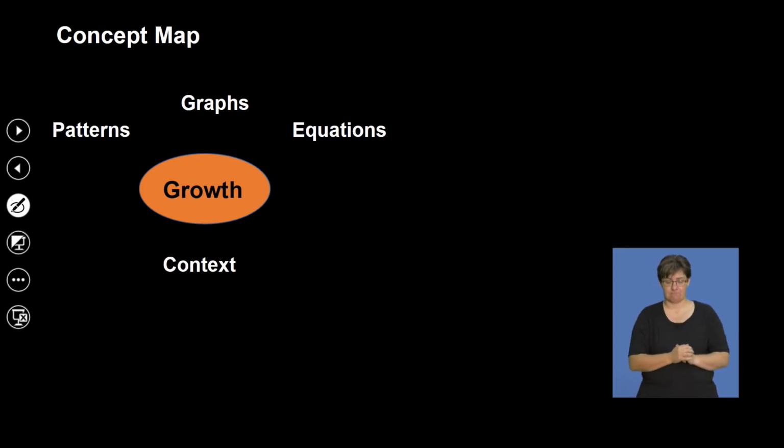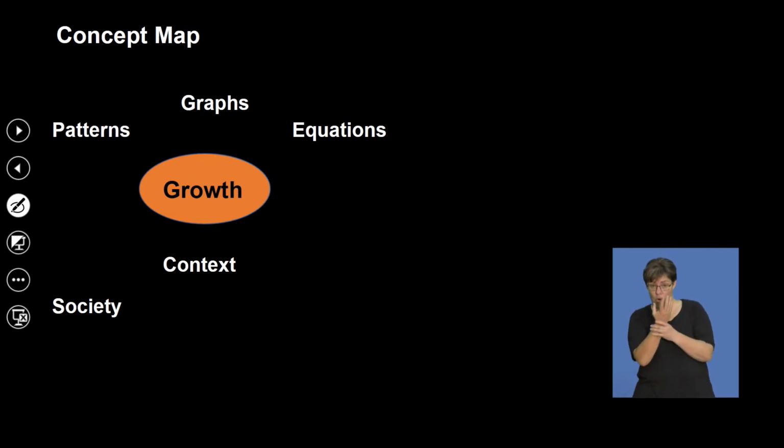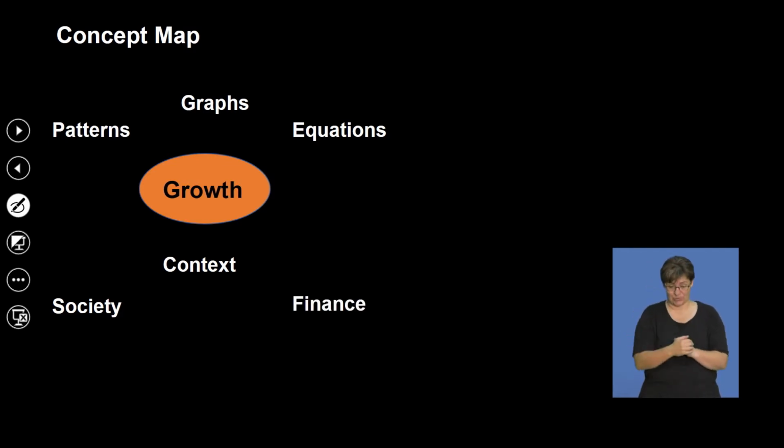Now, the context, remember, it was very important for us to look at growth in terms of context. First, we looked at the society, we looked at the things that are happening in our country, all over the world, the coronavirus, all of those things, like everything that had to do with society and how growth is taking place in that regard. That was the first context. And then we pinned it down to mathematics-specific growth, which was then finance.